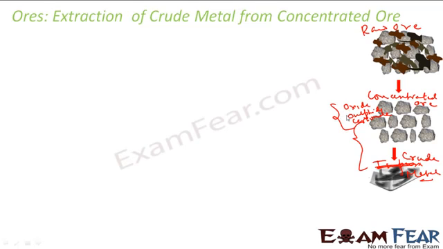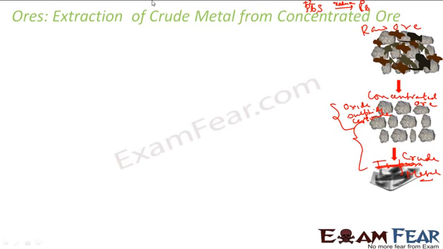So we have to reduce this, because if you see a metal sulfide, for example PbS, here Pb is in the +2 state and the pure Pb will be in the 0 state. So we have to reduce these sulfides to metal. If you talk about oxides also, the oxidation number of the metal is higher. So we have to reduce them to get pure metal. Hope you understood why we say we have to reduce and why we don't oxidize.